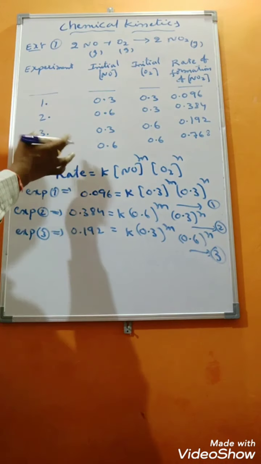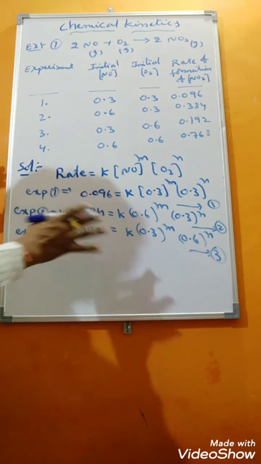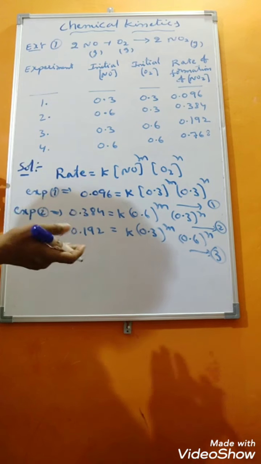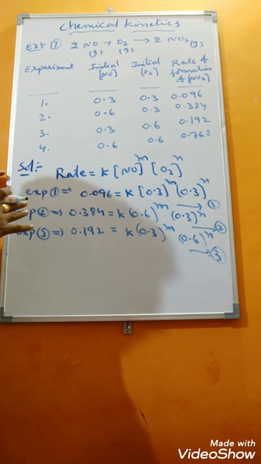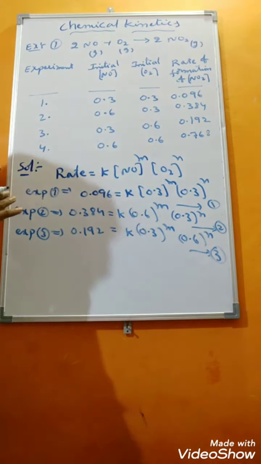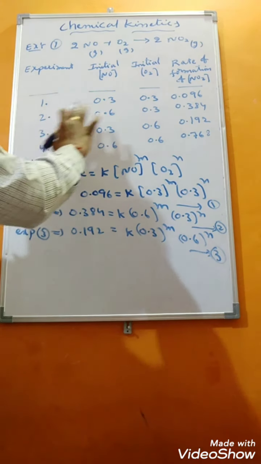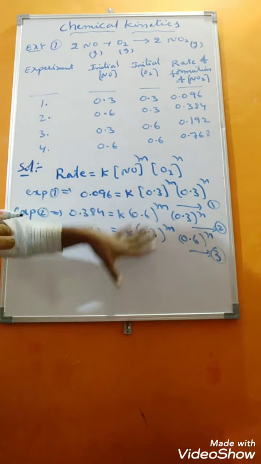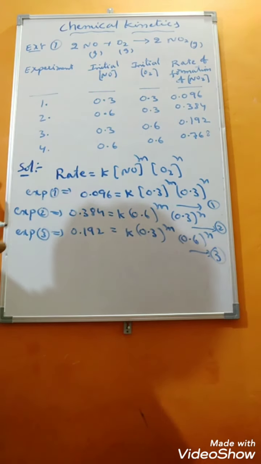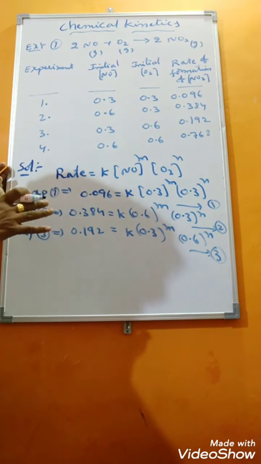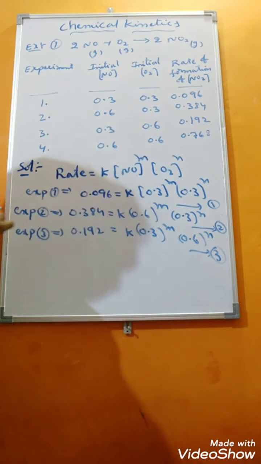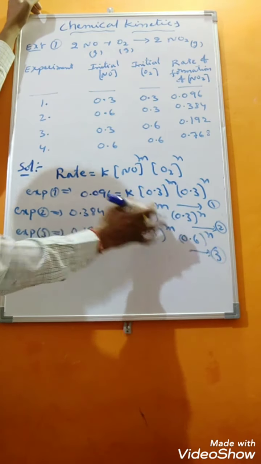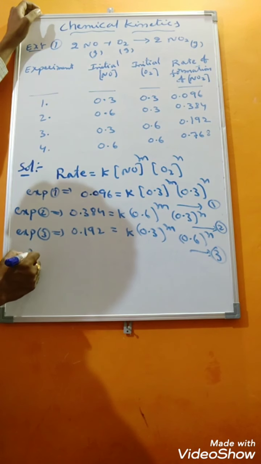The fourth one is not required here. If you want to solve it on your own after getting this concept, you can try to take the fourth one and solve it. 3 experiments are enough to solve this question. We will see that. So how do we solve here for the M and N values, by taking these equations from the given data? We are going to see now. So let us take experiments 1 and 2. By using 1 and 2, I am doing equation 2 divided by equation 1.